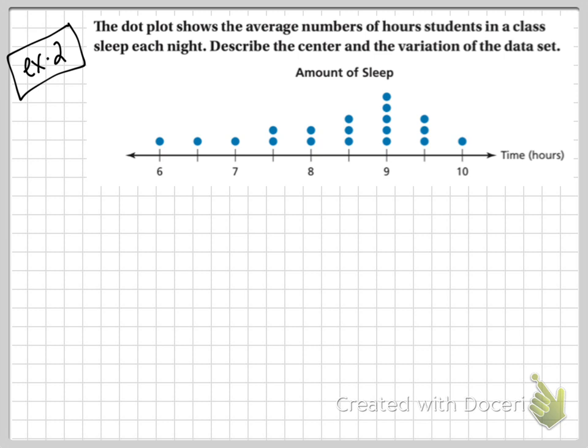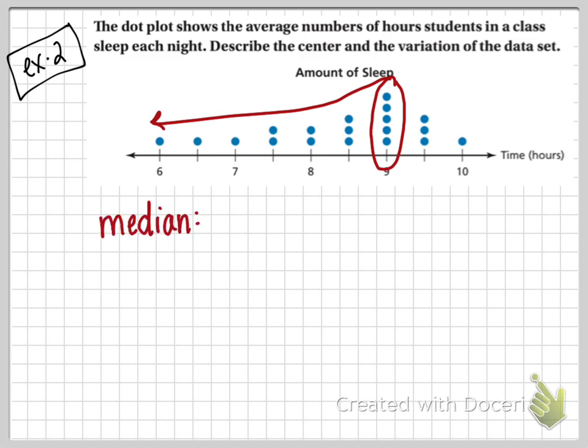You guys raise your hand, please. Thank you for raising your hand. It is skewed left. Our highest point is here, and we have a tail going to the left. So this is skewed, meaning which measures of center and variation would we want to use? Will, what would we want to use? Good. Median and interquartile range.